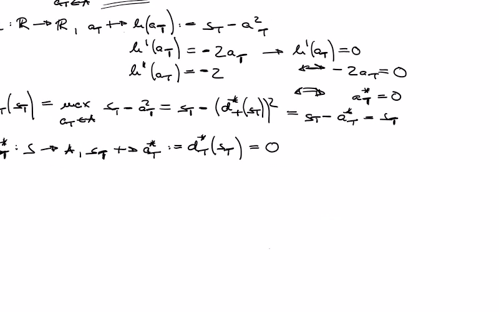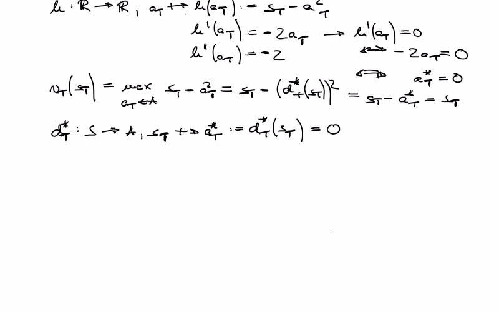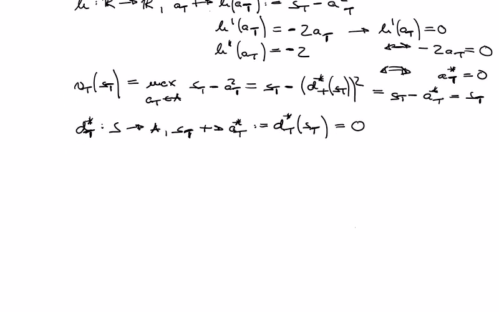So you see that actually this is not dependent on state, so it's a constant, but in principle it's dependent on the state. Just in this case it's not. And the optimal value function